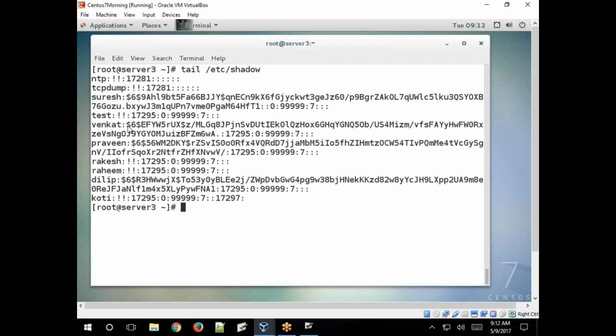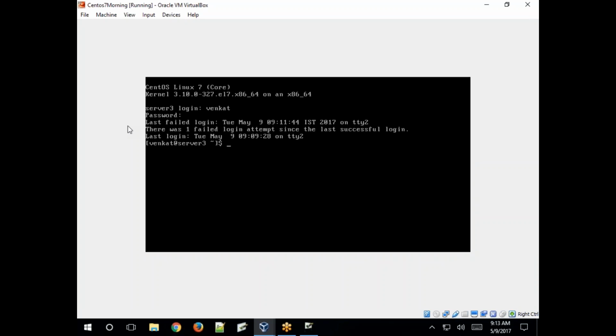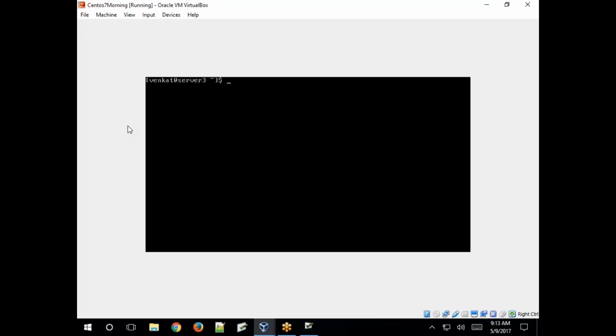Now execute. Now log in with that user account Venkat. Login, right? Clear? Like this. So how to lock? How to unlock the user accounts?